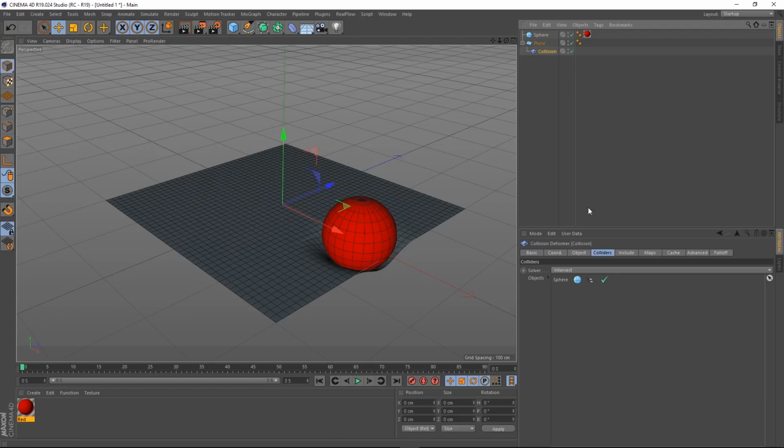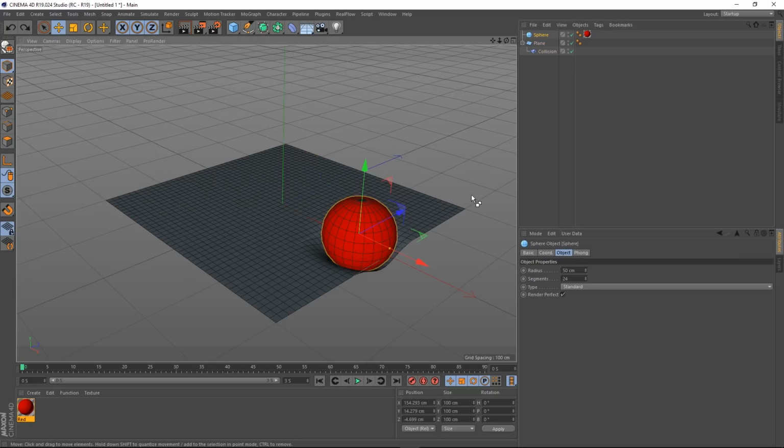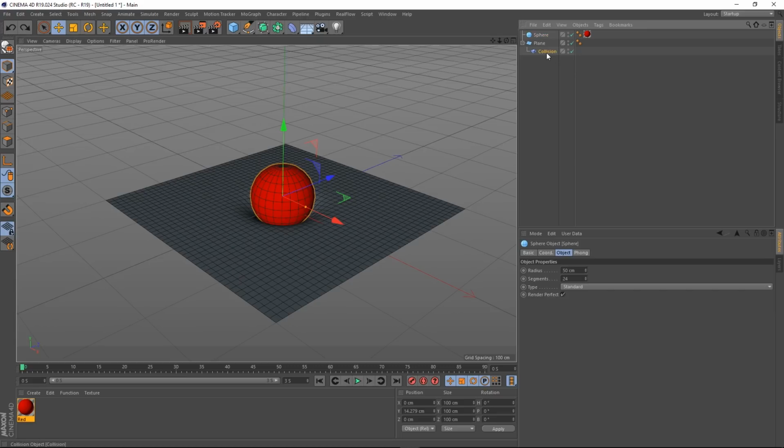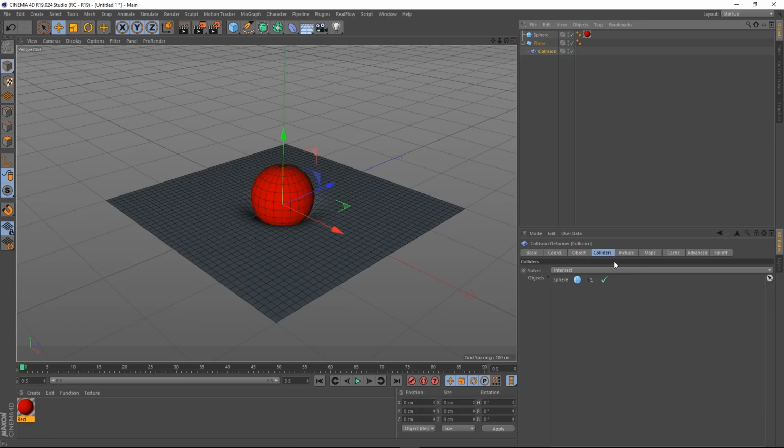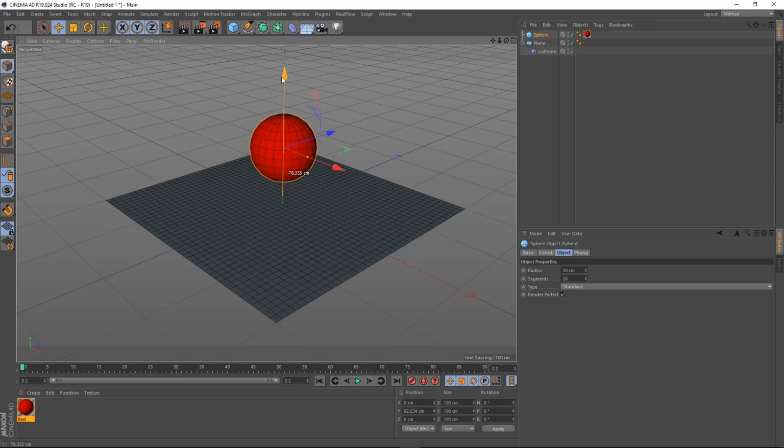So let's go through a few of these settings then. Let's get our sphere back to the middle. Let's have a look at the Collider tab first of all. We've got our sphere in here, and under Solver it's set to intersect. This is the default setting for the Collision Deformer, and basically what that means is that, let me grab my sphere again, when I collide with the surface, it will deform, but once it gets past a certain threshold it will flip, so it's deforming from the other side,